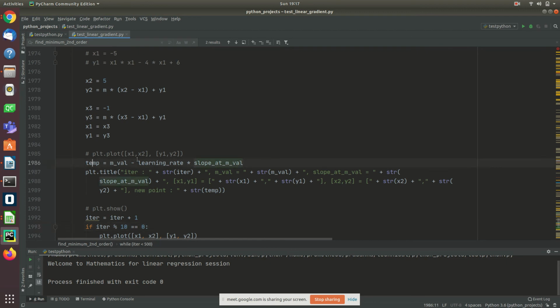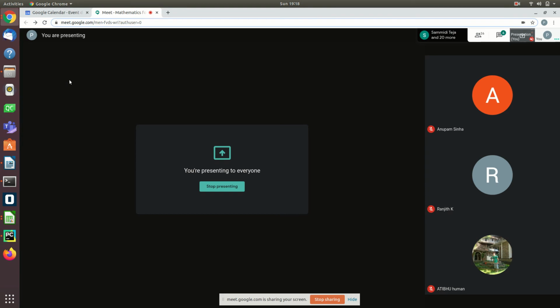The next one is learning rate से multiply कर रहे हैं. अगर I start from on the left hand side, this is negative, so I go towards negative minus this negative becomes positive. If I start from the positive, I come to the left hand side. I don't know whether I am able to explain you this. I can only verify this by the number of people present. Are you convinced what I am trying to do?